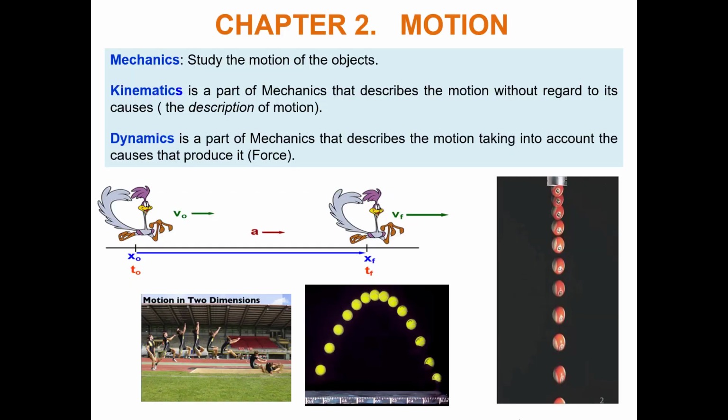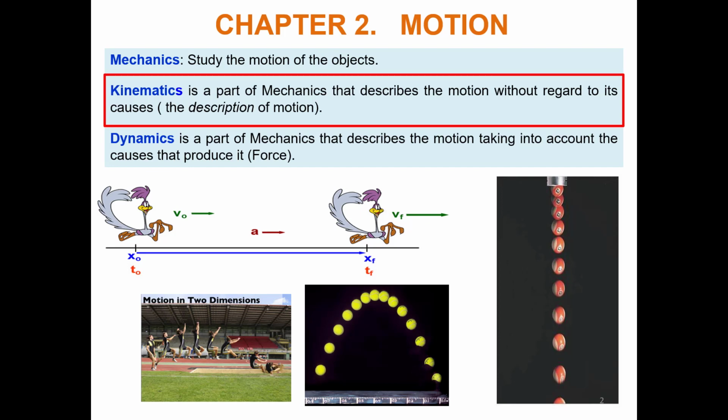The branch of physics that studies motion is called mechanics, and mechanics is divided into kinematics and dynamics. Kinematics is the part of physics that just describes the motion, no matter what the cause is that produces that motion. But dynamics is the part of physics that studies motion, taking into account the causes that produce that motion. Usually, objects are moving because we apply some force. Yes, this is the cause that produces the motion, the force. But now we are going to concentrate on